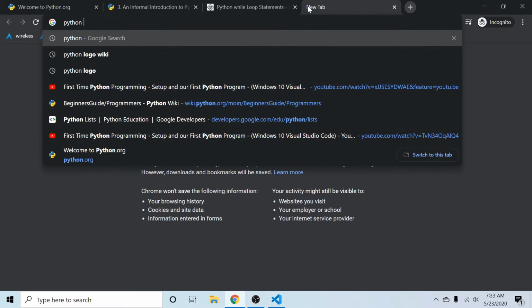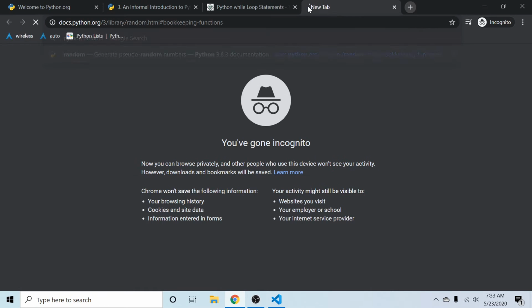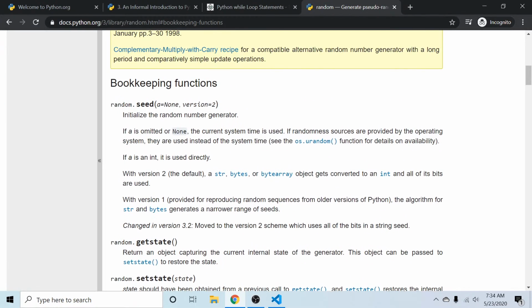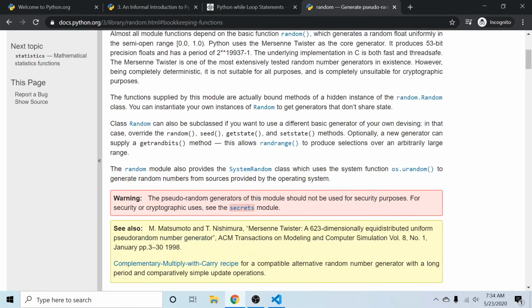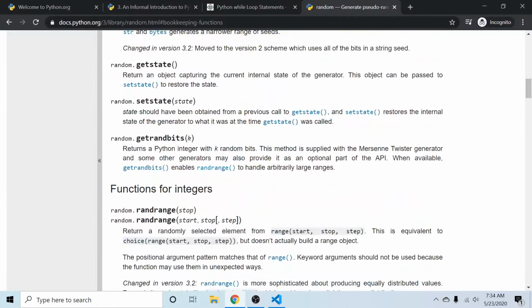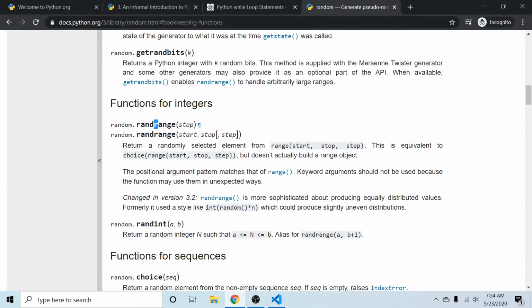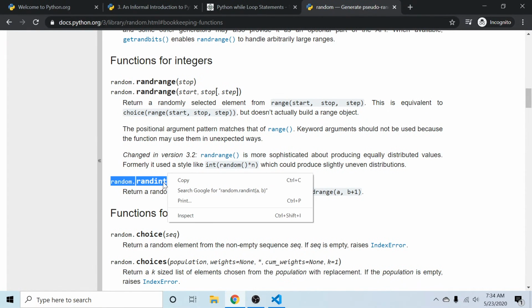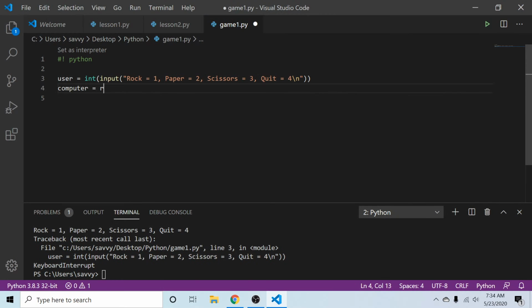So Python random. Here we go. Get state, seed. So random. There's some kind of an object called random. And that object has a random range and a random integer. This is exactly what I need. All right, so random.randint, random.randint,